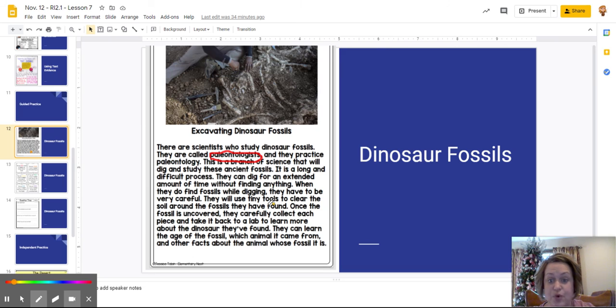And let's highlight what is paleontology. It says this is a branch of science that will dig and study ancient fossils. There we go. So you have marked and highlighted that with